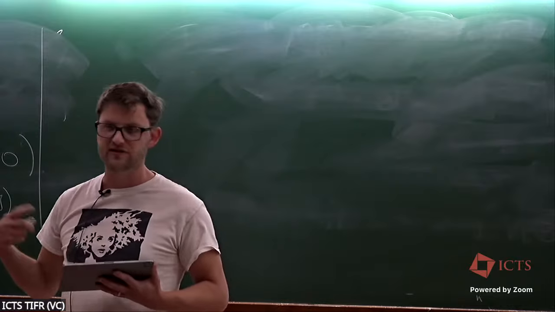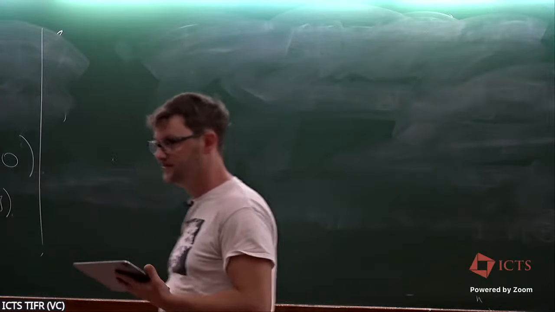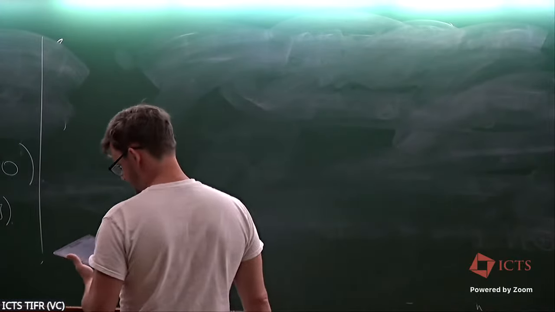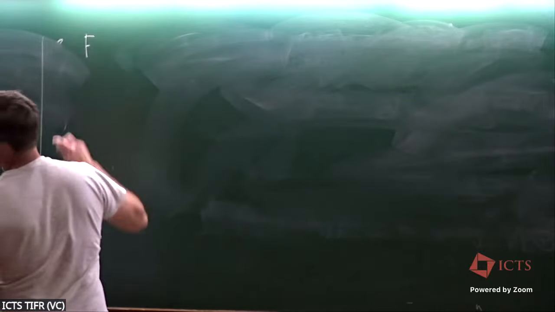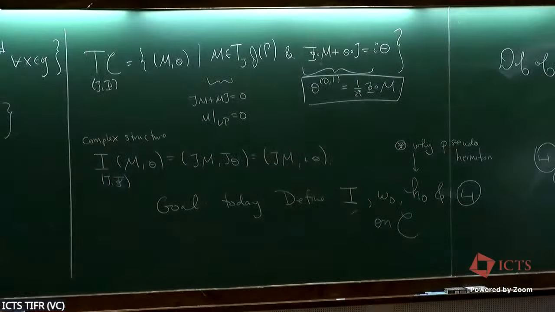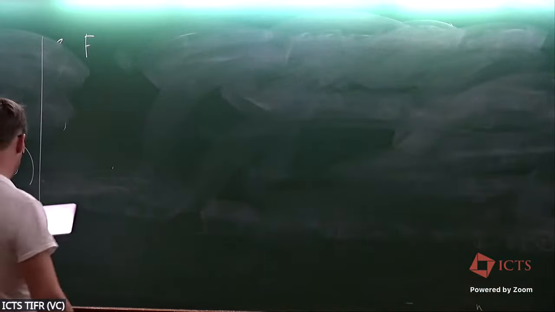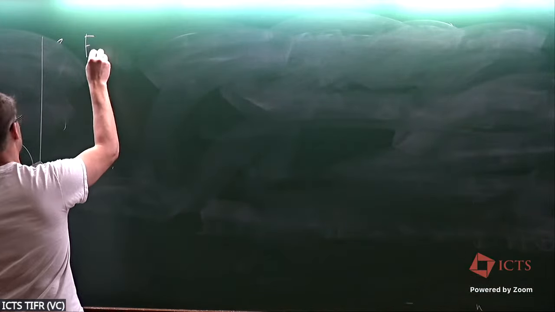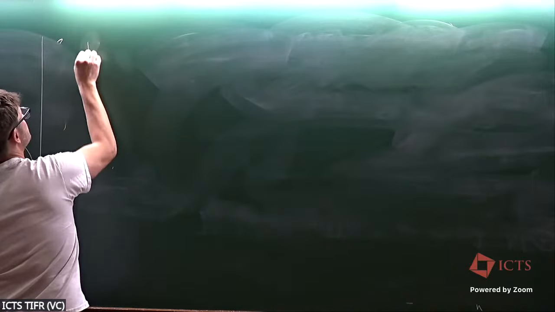Same idea, there are C-star fixed points in the Higgs bundle moduli space that aren't 0. Okay, great. So now I'm after defining this omega naught, and I defined I. If I define omega naught, then I can tell you what H naught is, right? Okay, so before I do that, let me say the fixed